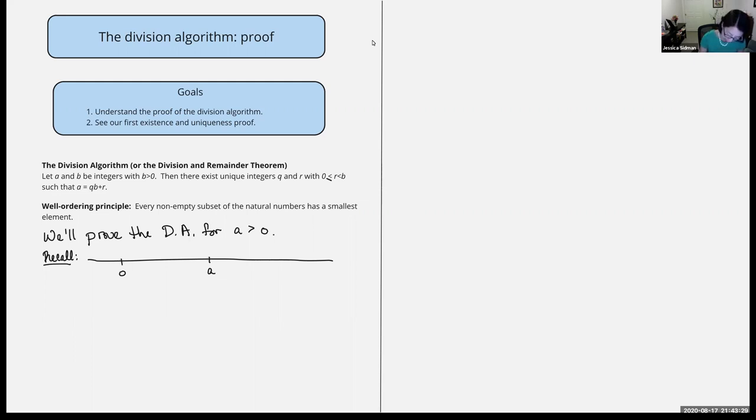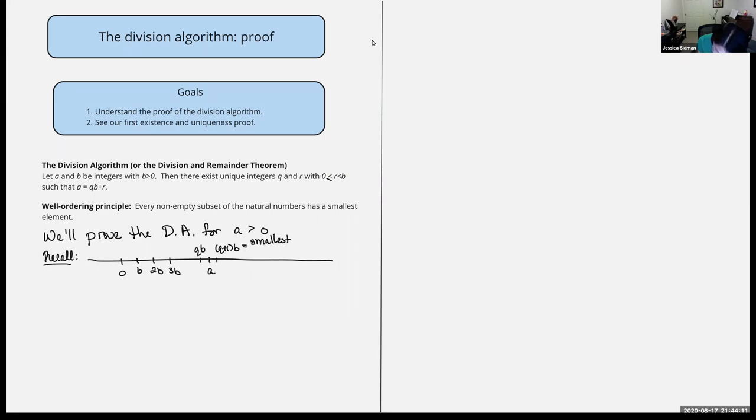Well, we look at multiples of B: B, 2B, 3B, here's QB, and the next one is (Q plus 1)B, etc. So we said that QB in the division algorithm is the multiple of B that's closest to A, but still to the left of A, so that the next multiple of B, which is (Q plus 1)B, has to be to the right of A, and this one is equal to the